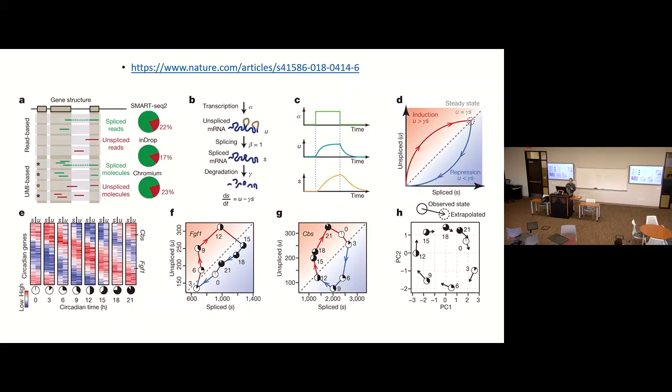I think they use a very strong indication, which is a circadian-related gene. So they know this gene follows the trajectory of time. In 24 hours, this gene should be up and down, up and down. So this is a very strong pattern. If you look at these genes, the spliced, unspliced ratio changes following the time. So they can find those genes and map those genes into